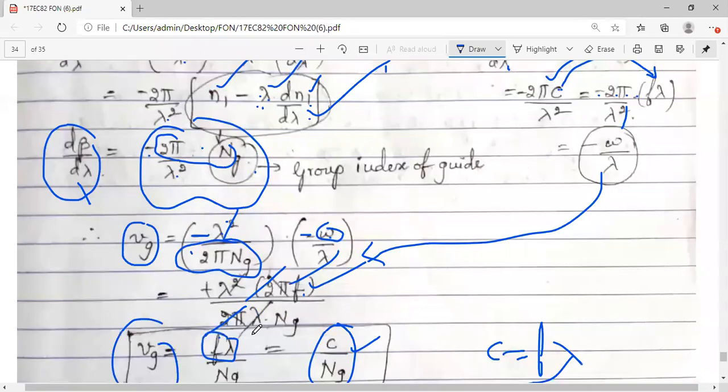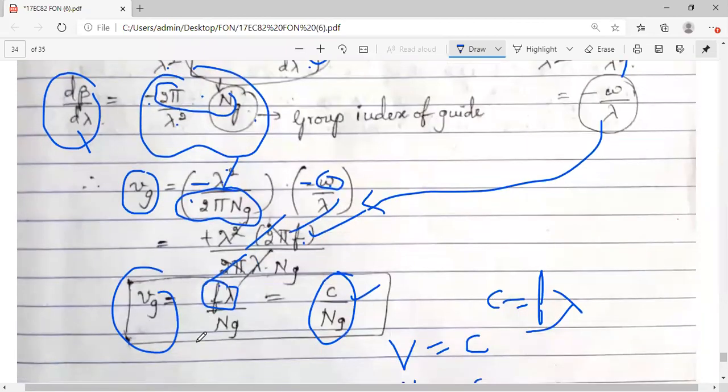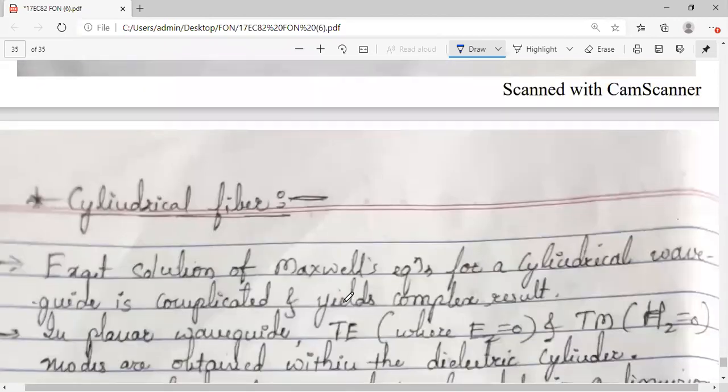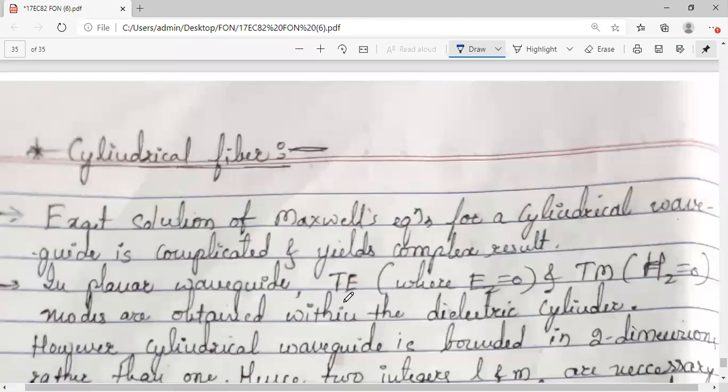Okay. So in this session, we have seen what is phase velocity and what is group velocity. In the next session, we are going to cover the cylindrical fiber, that itself is your optical fiber, which is a cylindrical waveguide structure. It has cylindrical fiber, its modes and the types, single mode and multi-mode, step index and graded index, we say. Any doubts you can ask.